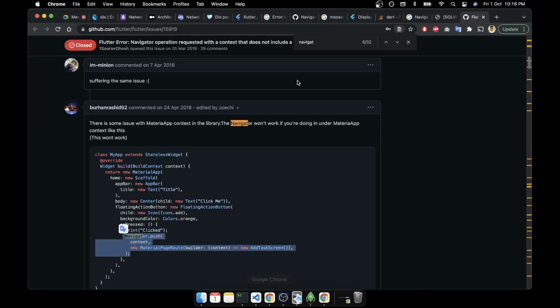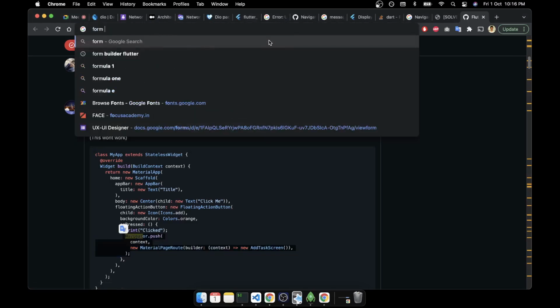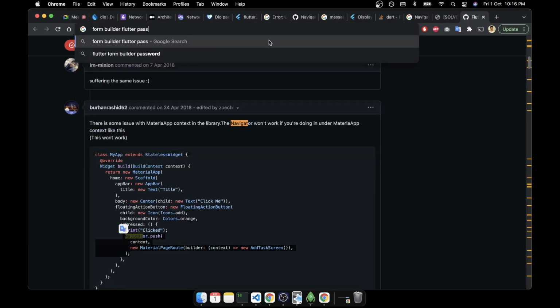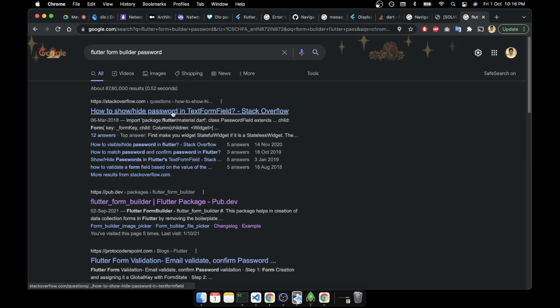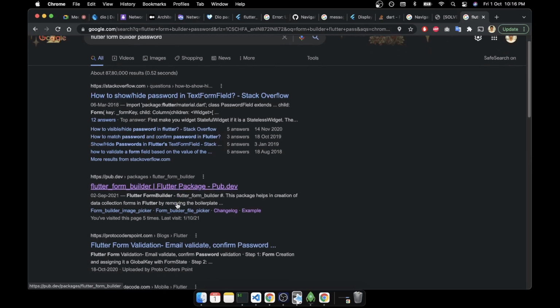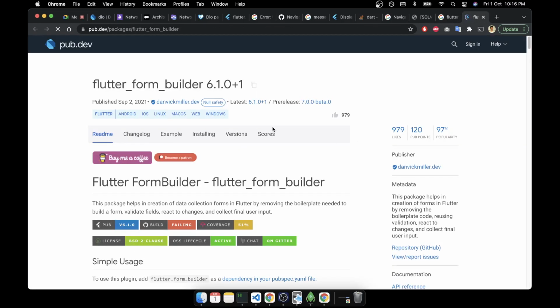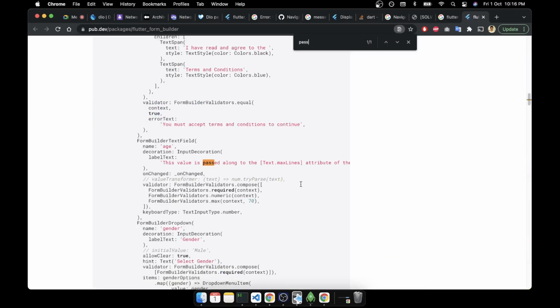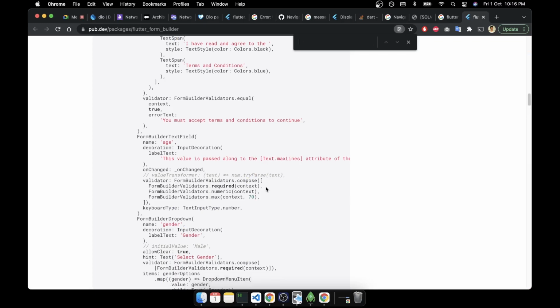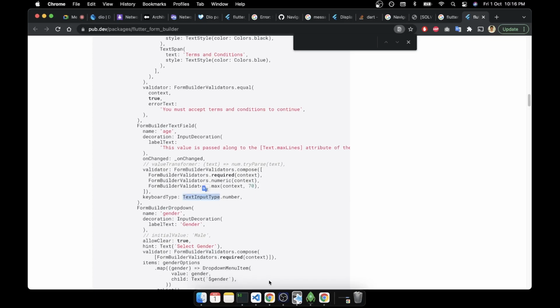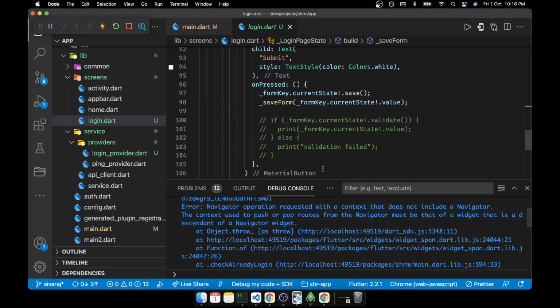So now let's say whenever we fill the form, this and all we can easily change, right? In the form builder we can use a password field. We'll try to see. They have not even given any password field. How do we do that? Keyboard type, text input. Maybe we can easily check some other possibility might be there.